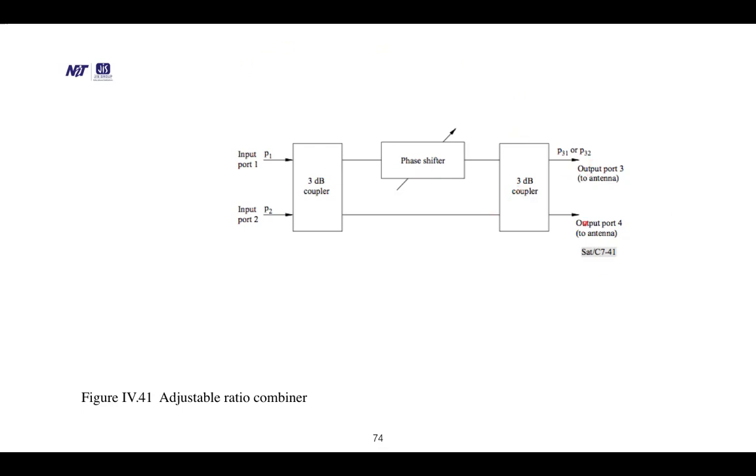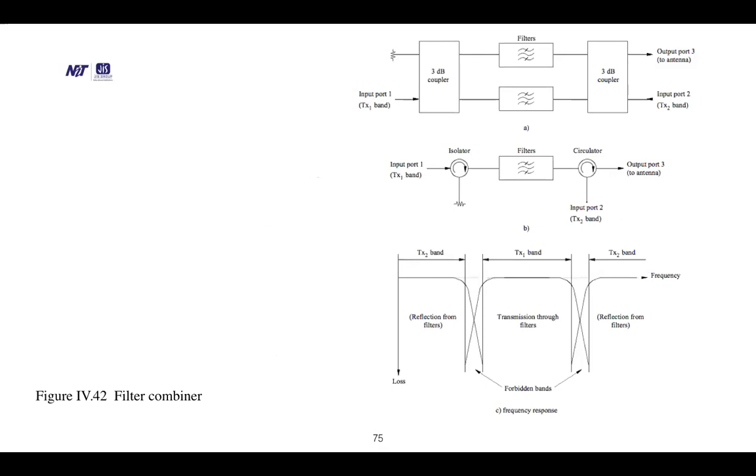It is inherently, there are a lot of mechanisms there, but it is only giving the idea of a block diagram. So filter, this is a different filter combination, it is shown over there. This is the input port, this is the coupler, this is the filter, 3 dB coupler, this is the output port, and it is going to the antenna.